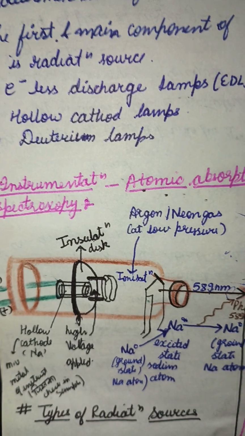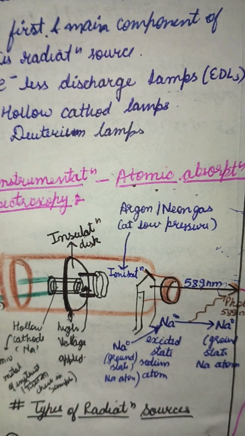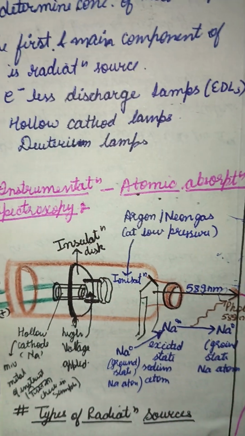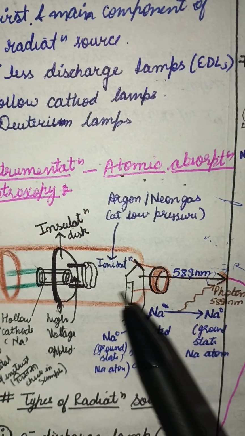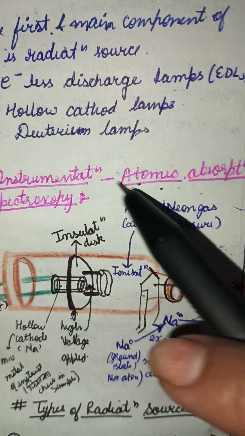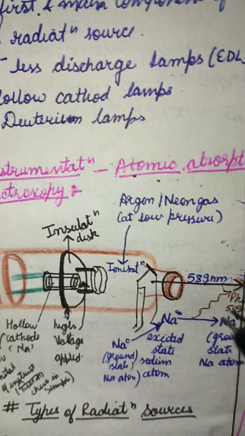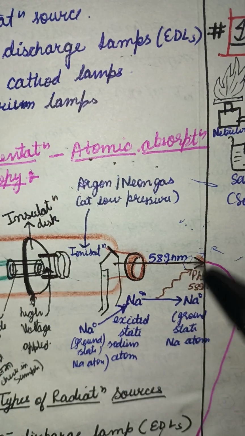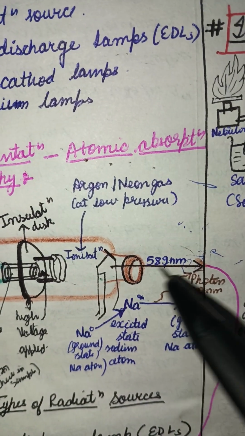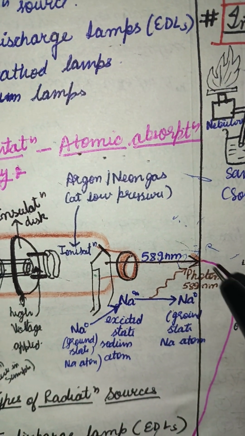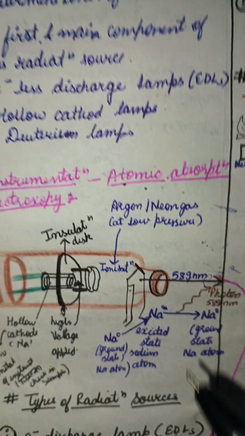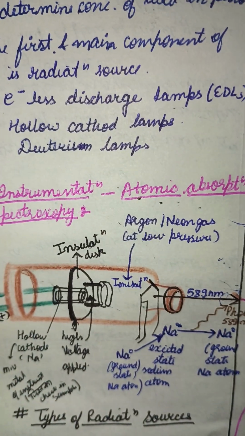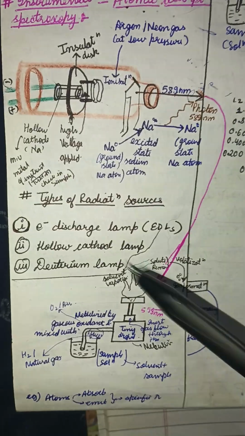As the sodium gets released from the sodium cloud, like all elements, it absorbs a specific wavelength of light and emits a specific wavelength of light when it comes from the excited state to the ground state. So for example, when sodium gets excited and comes to the ground state, it will emit 589 nanometer light, right? So this is the characteristic of sodium. The 589 nanometer wavelength of light will be emitted, and this will act as the light source.